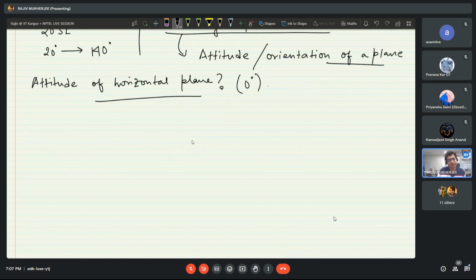Then say for example I wrote 045, 36 degree southeast. That would mean the strike amount is